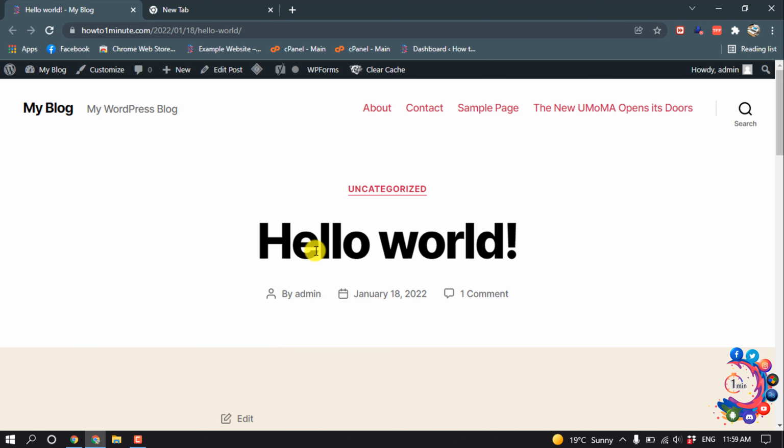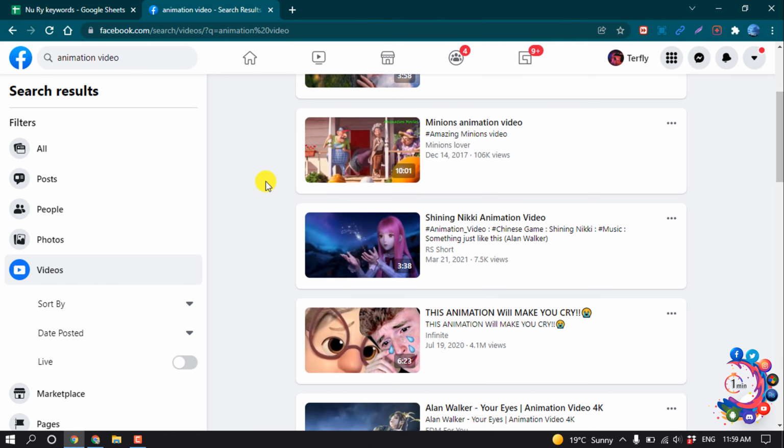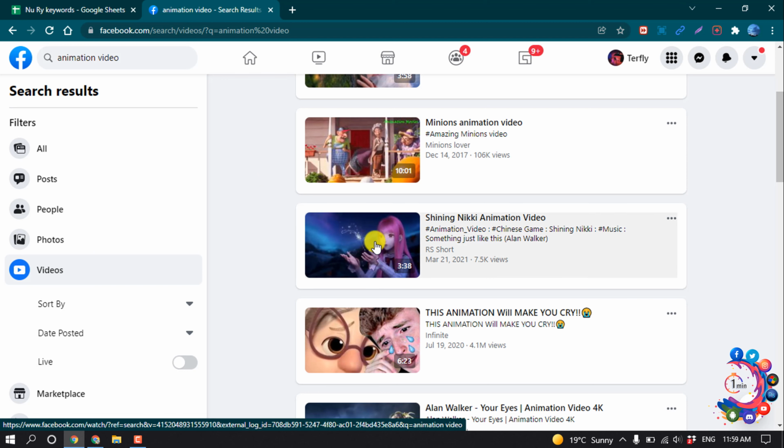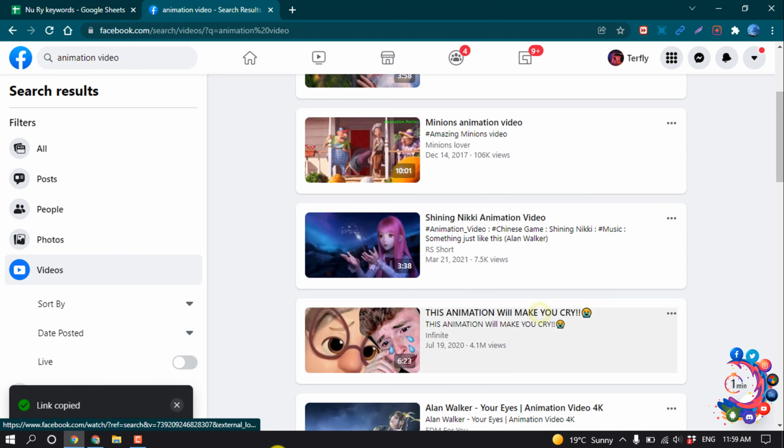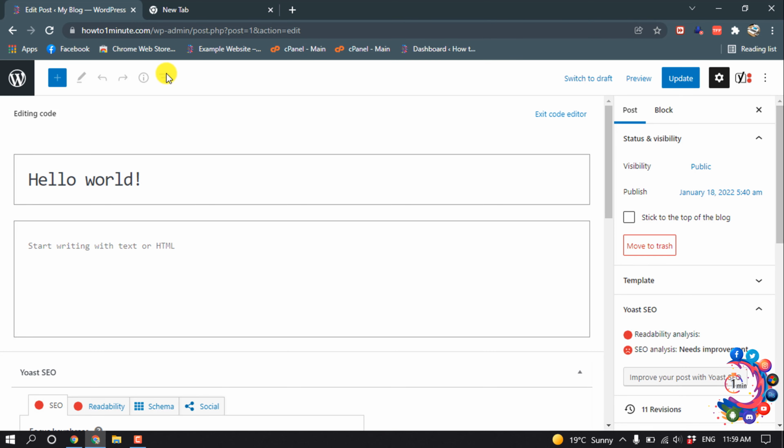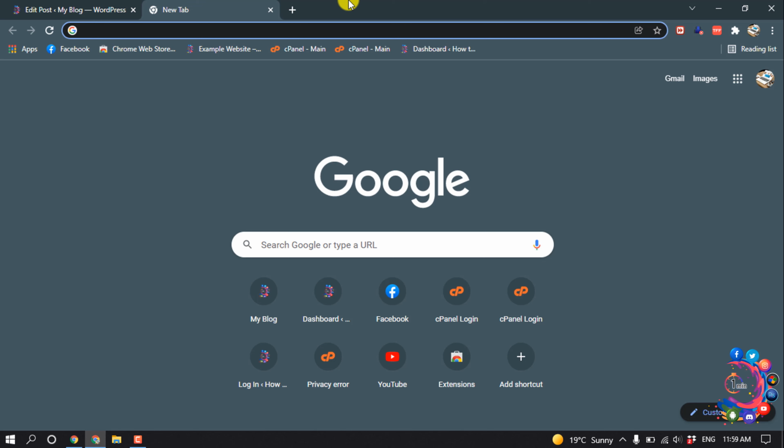So right now I'm going to embed a Facebook video inside of this post. So I'm going to edit this post. At the same time I'm going to copy the video link which I'm going to insert into my post. So I'm going to copy this link, and after that open a new tab and type here